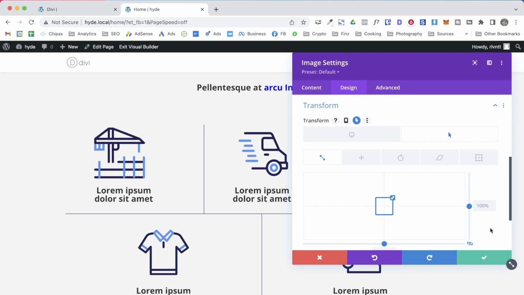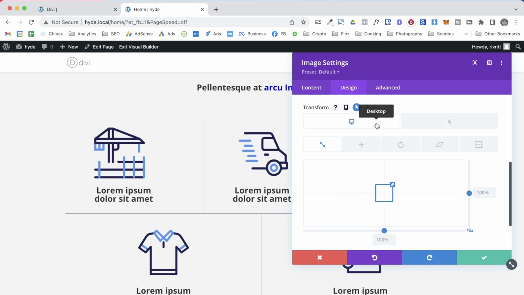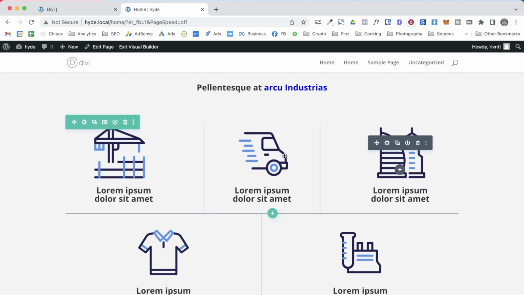and what I'm going to do is adjust this to 90%. So when we place our mouse over the icon, it changes the size, reducing it by 10%. As you can see, if I choose desktop, it shows me the real size, and if I choose hover, it shows me what is going to happen when I hover the icon. So let's click on OK, and now that is set, but I need to make the same effect for each of these icons. So what I'm going to do